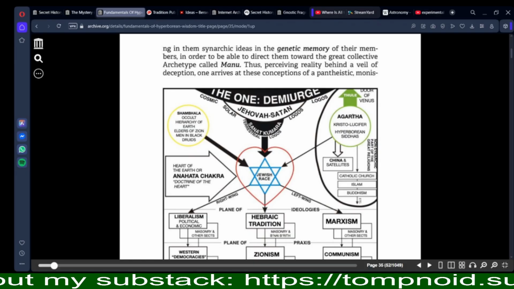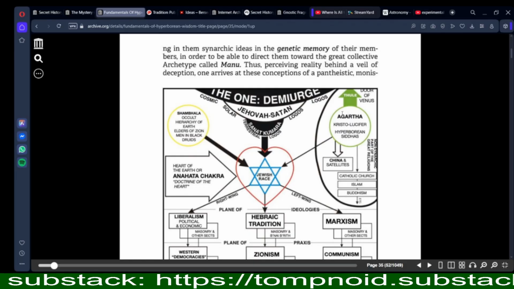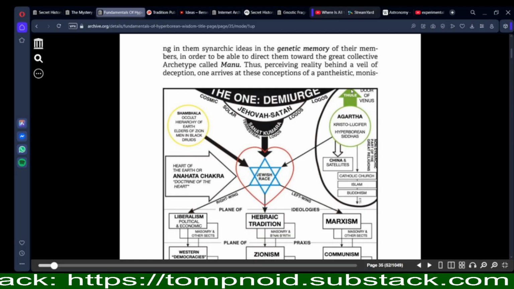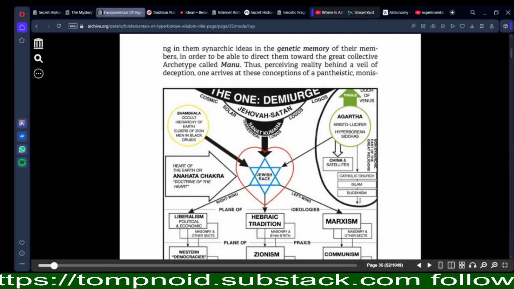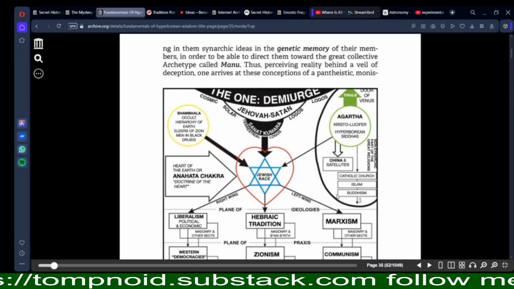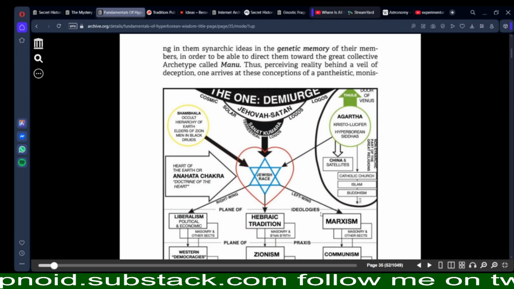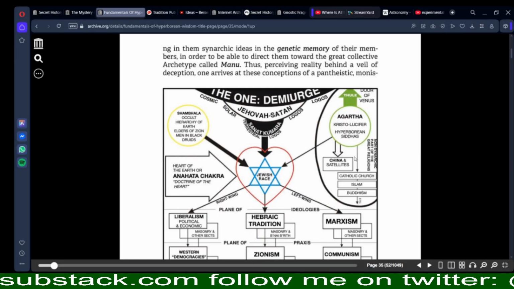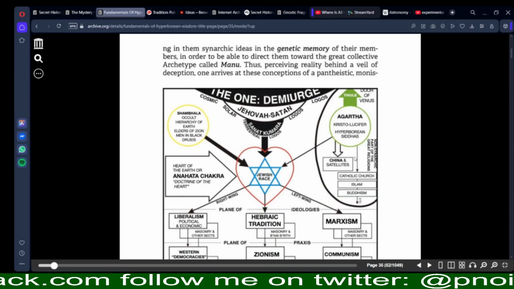So yeah, that's what Agartha is. Agartha is where these people meet, and it's like they control the gates to how to get out of the material cosmos. You'll see that there's a big black line right here. This black line is indicating that it's separate from all of this stuff. All of the demiurge. And then the China and satellites, the Catholic Church, Islam, Buddhism says non-synarchic part of the great